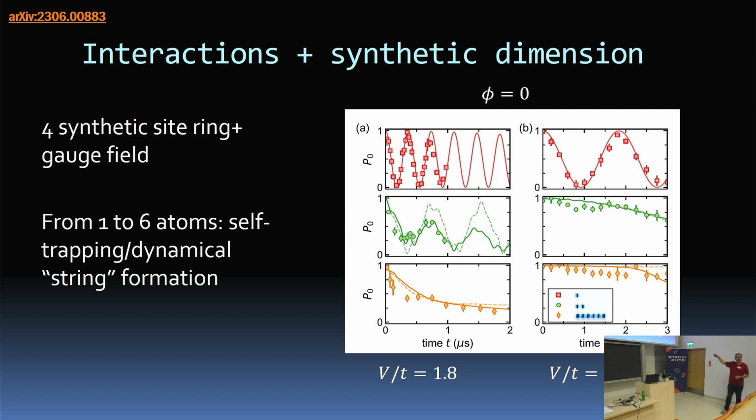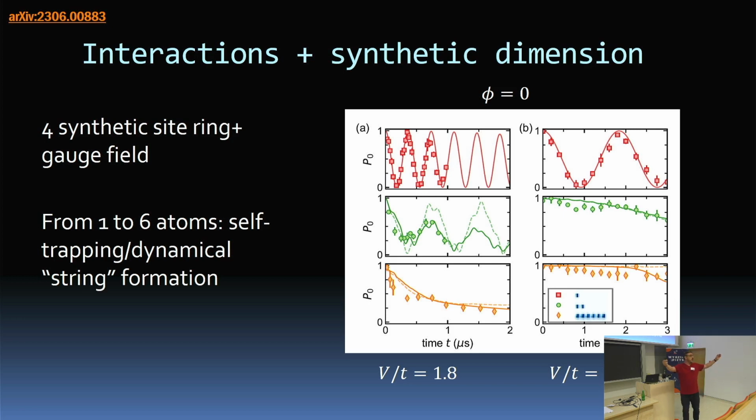As you turn on interactions and you go to the pairs of atoms, the dynamics clearly becomes more complicated. It's not simple oscillations. Maybe it's kind of chaotic looking. And the left column versus the right column is just the interaction strength to the synthetic tunneling. Weaker interactions on left, stronger on the right. And you see actually that as you turn up the interactions even for the pair, that dynamic slows down. And then you can go to really strong interactions, and now all that chaotic dynamics is kind of washed out, and it's just, so 6 atoms, it's kind of washed out. And when you go to really strong interactions, everything's just frozen. Nothing moves. So this is sort of a self-trapping phenomena. It's a dynamical self-trapping where the system at strong interactions is just getting stuck in that initial state.